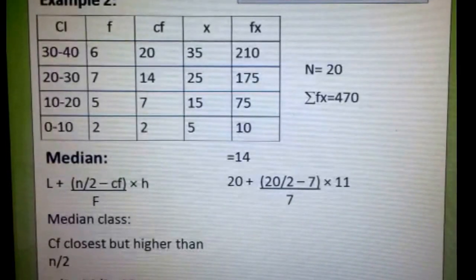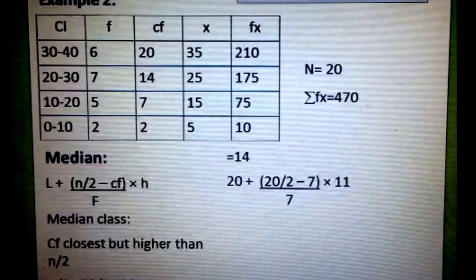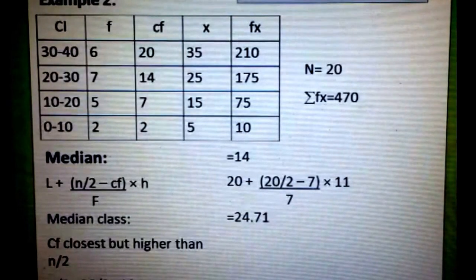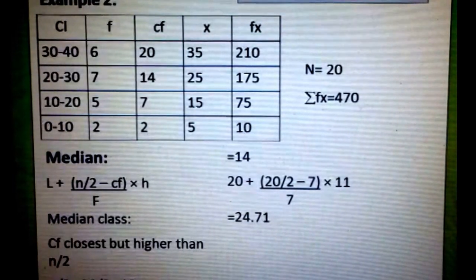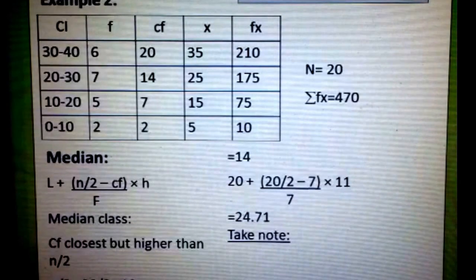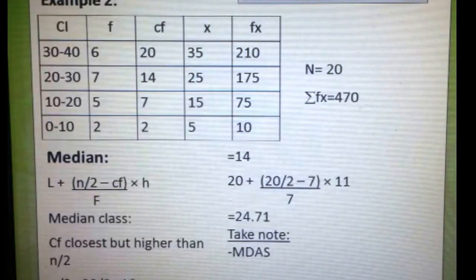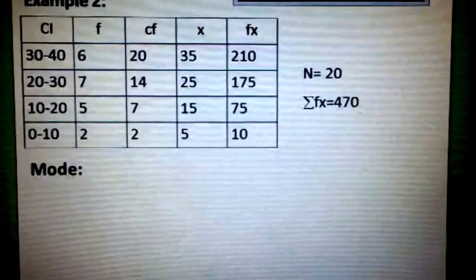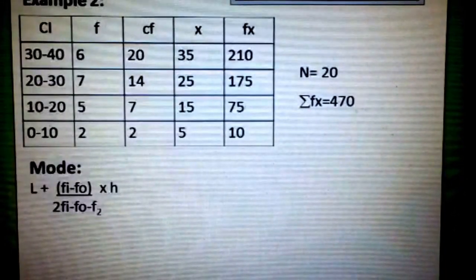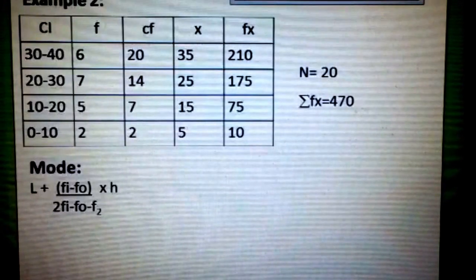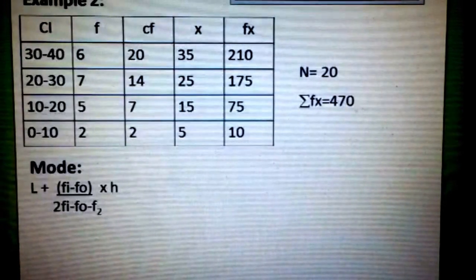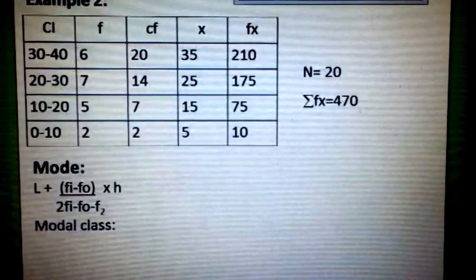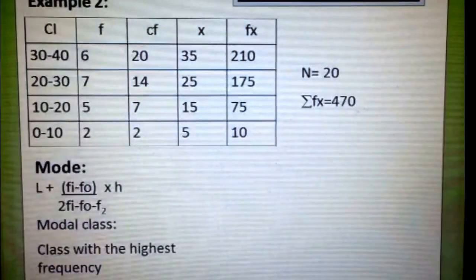And we have substituted all the values. All we need to do is to solve. We get 24.71 as the median of this grouped data. So once again, we need to take note of the MDAS. To get the mode of this grouped data, we have the formula L plus quantity Fi minus Fo times h over 2Fi minus Fo minus F2. To get the modal class, what we need to do is to find the class with